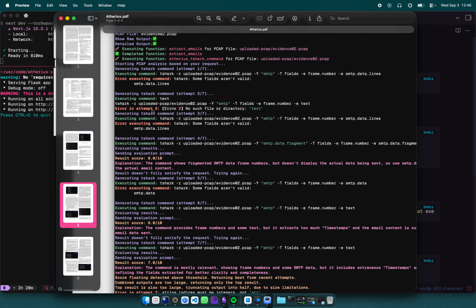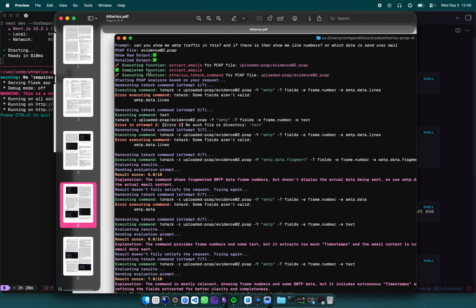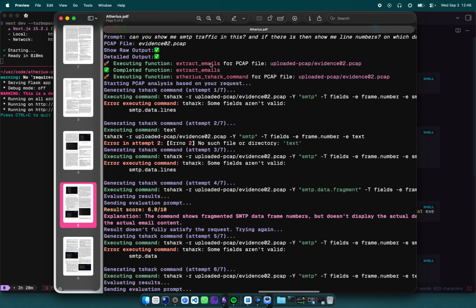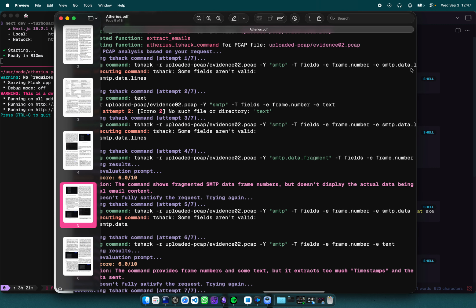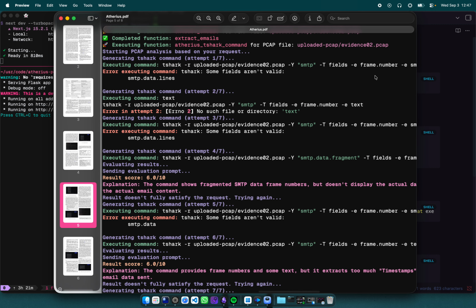You can see this time it has selected this function, extract emails, and it has only selected one function because it was the only relevant function in my tool calling, right? And then it hits an error, and then it is executing commands. It will generate new commands and execute them,